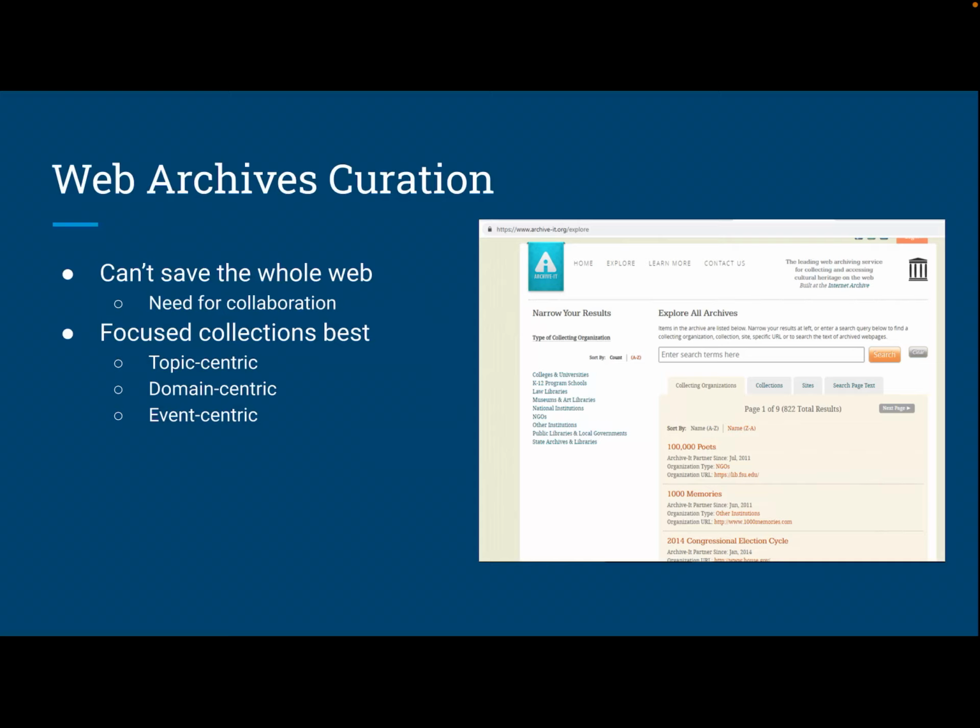So there are three different primary types of collections. One is domain-centric. That's mostly where you search everything within an entire domain, such as all the .gov websites. Sometimes it's at the national level, like everything that's .uk. That's mostly done by large national archives. Most institutions other than national archives are going to use topic-centric and event-centric